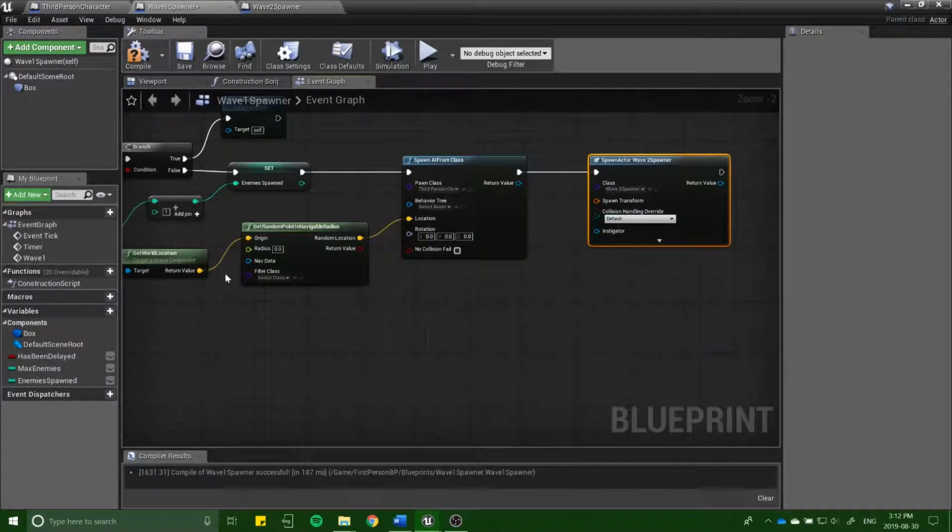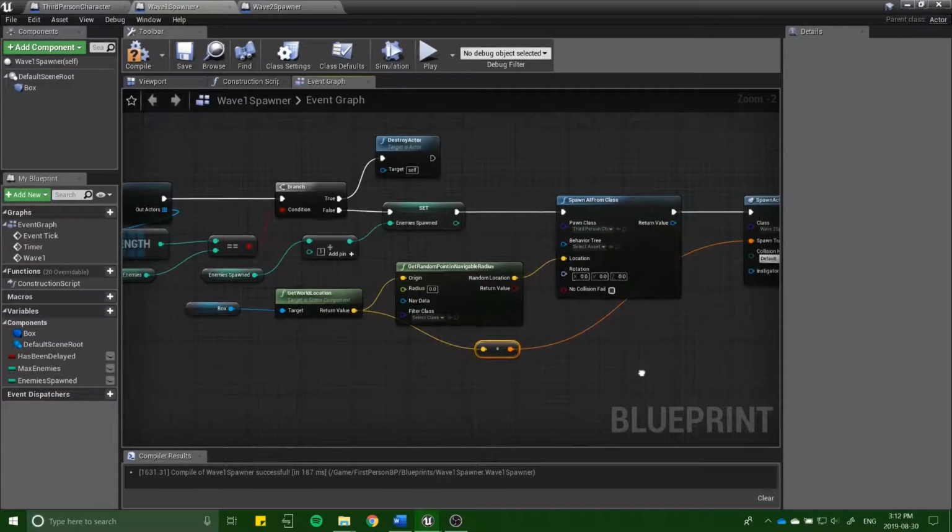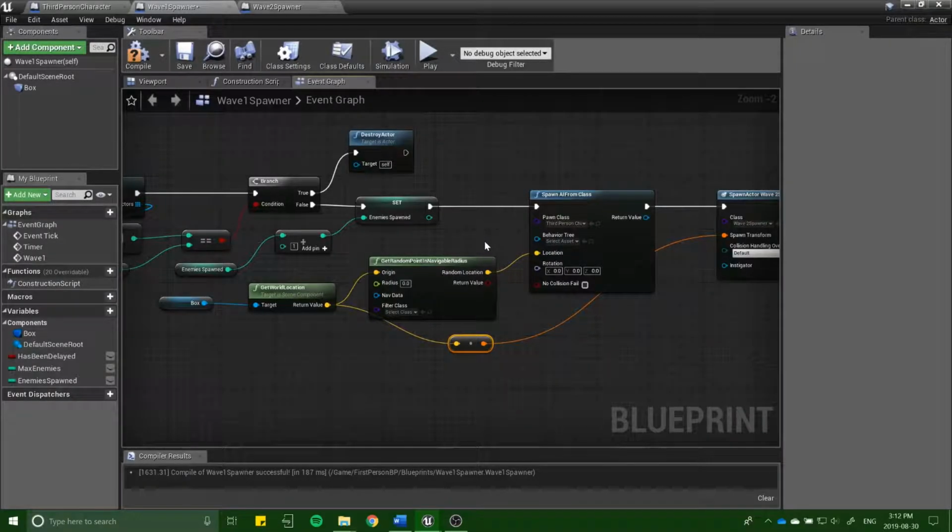And since we wanted to be in the exact same spot as our first one, we're going to get the world location from our box and stick it to the spawn transform. So now, once it's spawned,